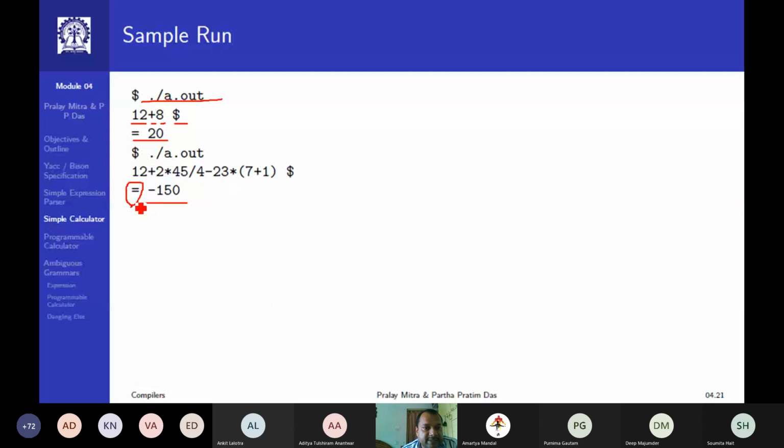Here, that's why this equals to is being printed. If you do not give that one, then it will just print 150. So in Linux, if you type bc, most of the time, if it is installed, then it will open a calculator mode. Same thing you can do there also.